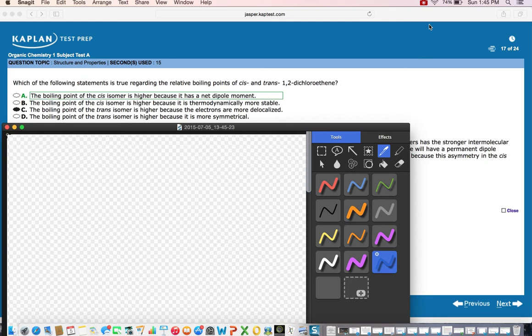Next question, which of the following statements is true regarding the relative boiling points of cis and trans 1,2-dichloroethene? Let's draw those molecules quickly. So here's the cis. Of course, these other two substituents are hydrogen atoms. And of course, the trans